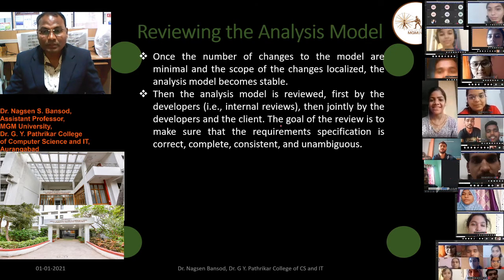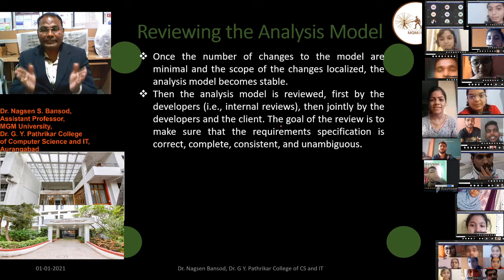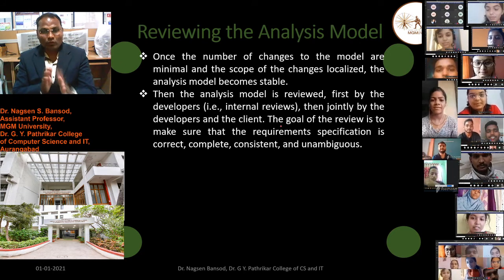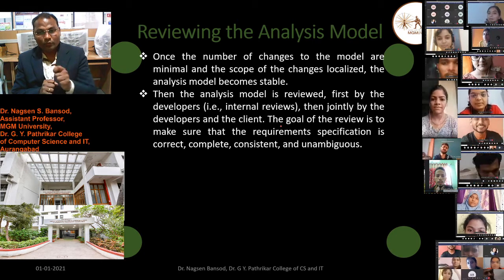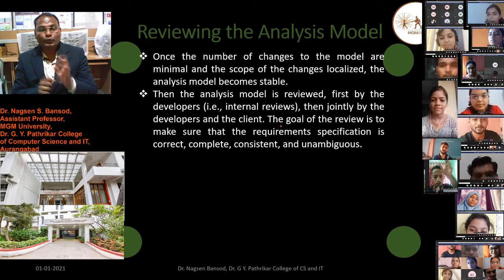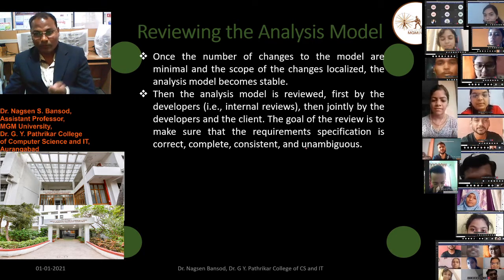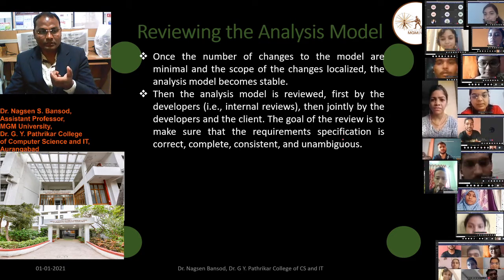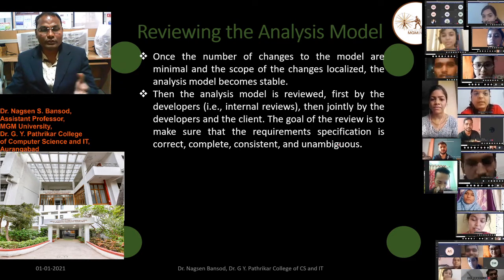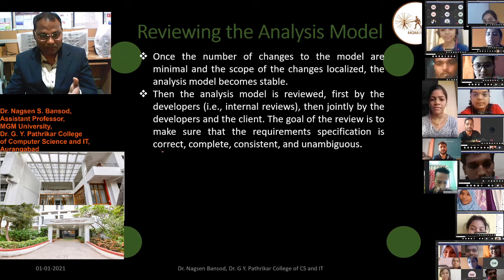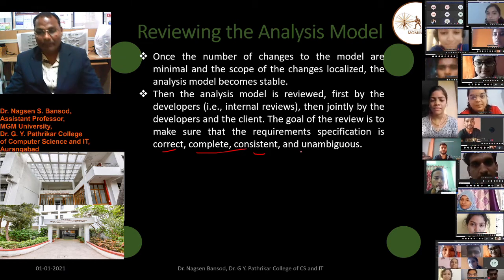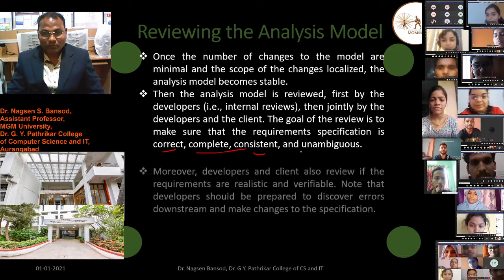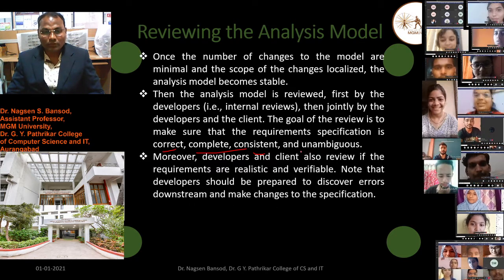Now you see what is the goal of reviewing the analysis model. The goal of reviewing the analysis model is that we have to get sure information. For software development specification, we should get correct, complete, consistent, and unambiguous, so that we should review.